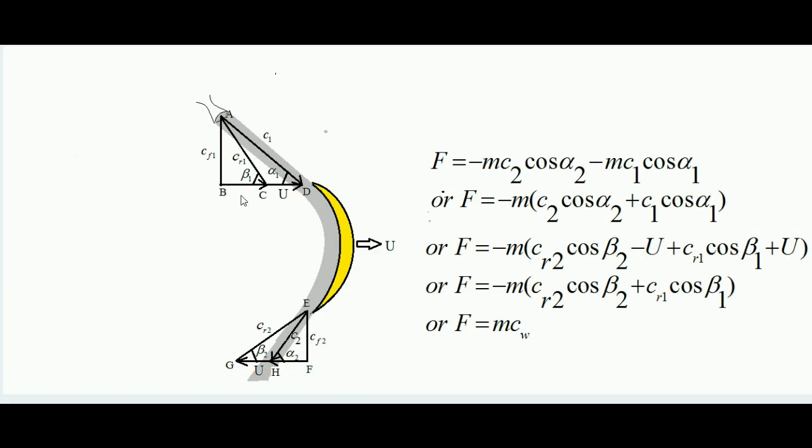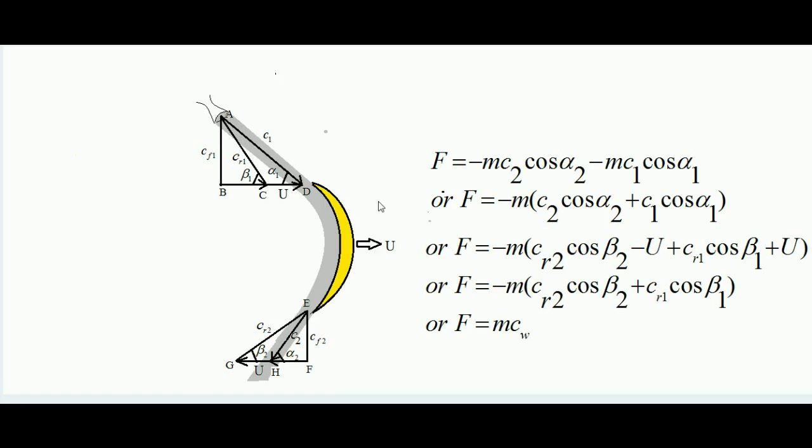The reason is that in case two particles move in the same direction, and we want to find the relative velocity of one particle with respect to another, then we have to subtract the velocity of one particle from the velocity of the other. So since vector BD and vector u are in the same direction, BD minus u is equal to BC, which represents the relative velocity of steam in the horizontal direction with respect to this moving blade.